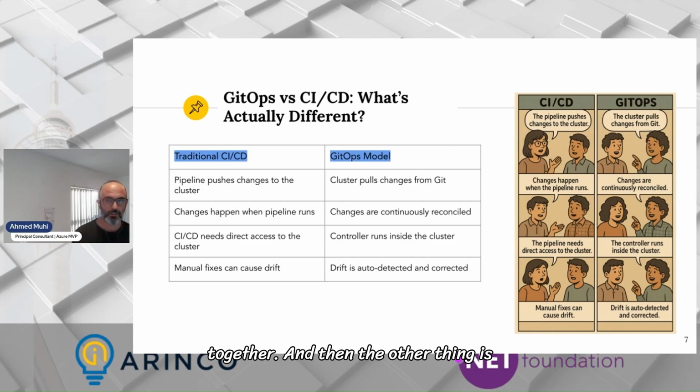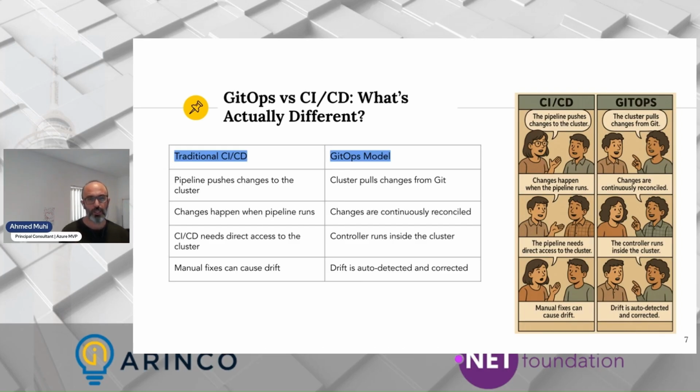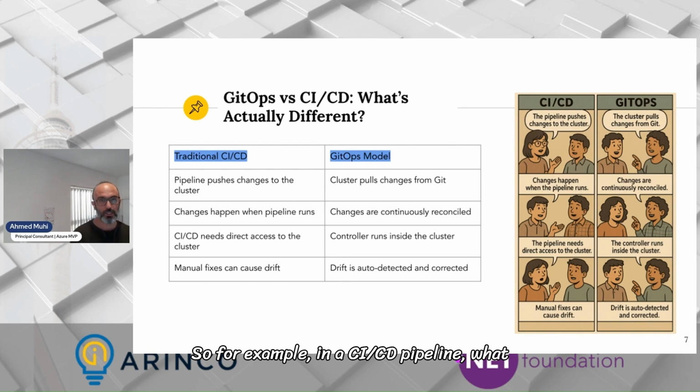And then the other benefit of having GitOps is that GitOps is continuously checking your system. For example, in a CI/CD pipeline, you run your pipeline, it works, and then that's it. It does not continuously check, hey, did the state change from what I applied? You can't do that. By design, the CI/CD pipeline is called ephemeral, which basically means it runs once, it applies whatever you ask it to apply, and then it stops. GitOps, on the other side, keeps on checking your environment.